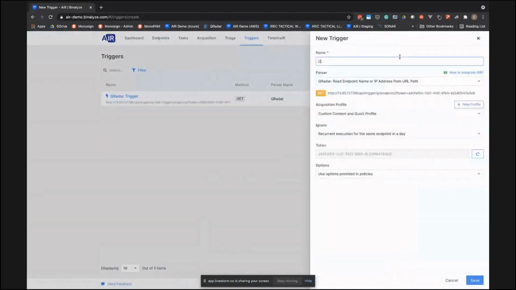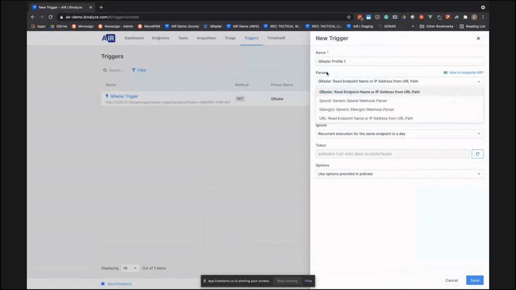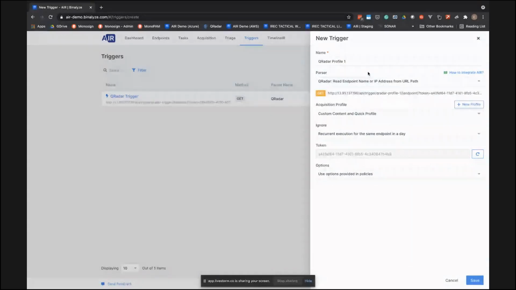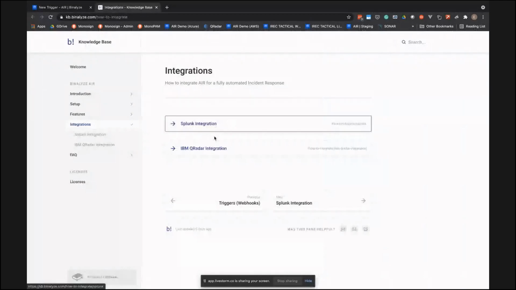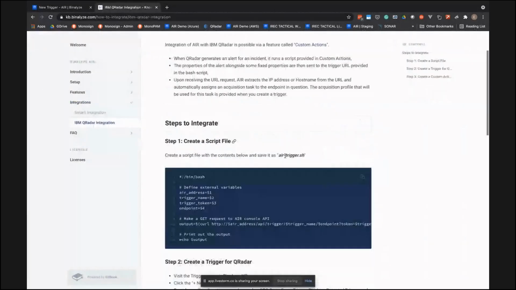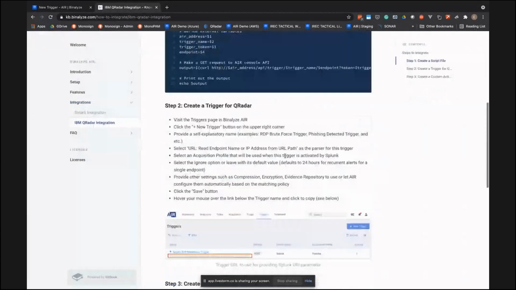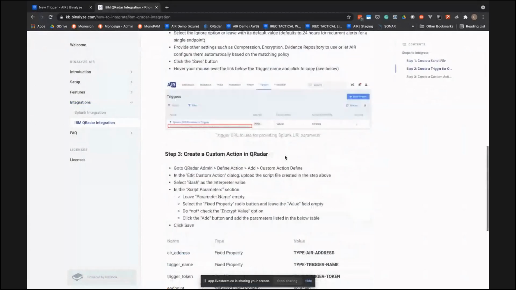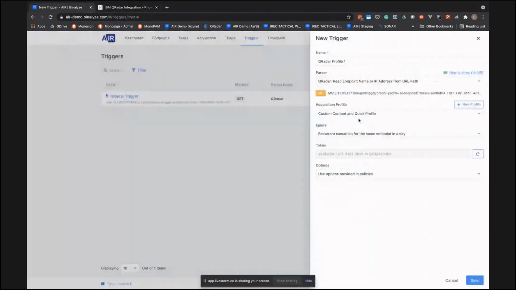You give it a name. So let's say QRadar profile 1. And then we have some parsers here. And if you need further help, it's really easy, but you may need some help from our knowledge base. So if you click on this URL, it quickly takes you to the integration page. And everything is documented here. So in just 5 minutes, you can integrate it with QRadar. So let's go back to the triggers. We create a new trigger, and then we